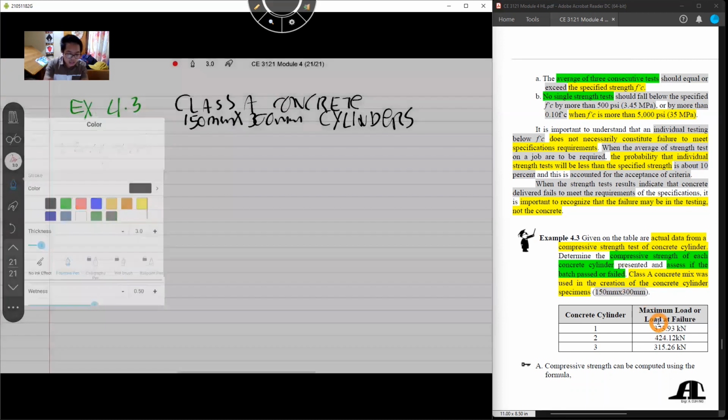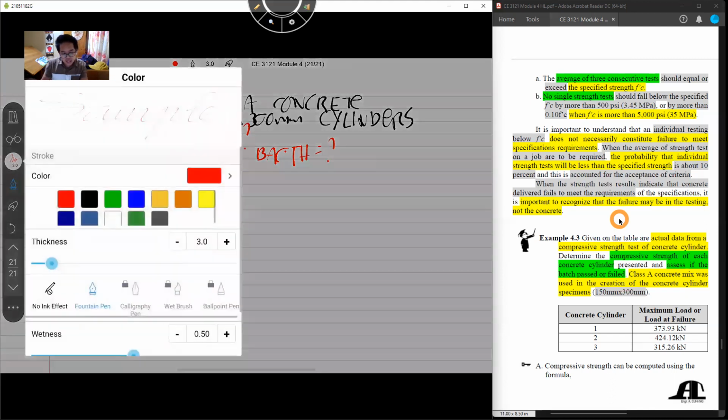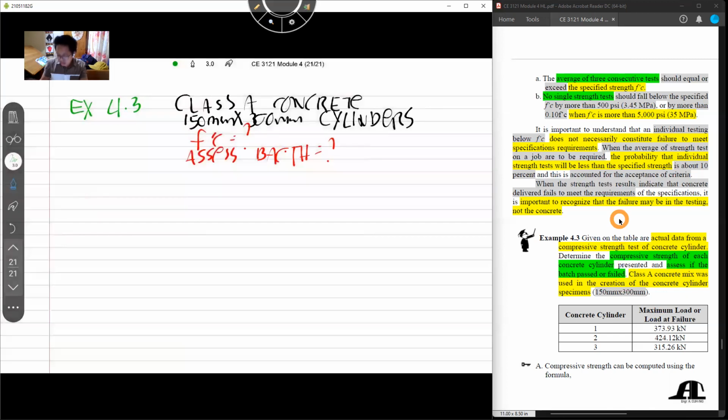So, ang record natin, class, ano daw yung strength of each concrete. Okay. Tapos, assess. Batch. So, titignan natin, class, or pass or fail. Okay? So, unahin natin, class, yung una. So, kukunin daw natin, class, yung strength ng yung tatlong cylinders.